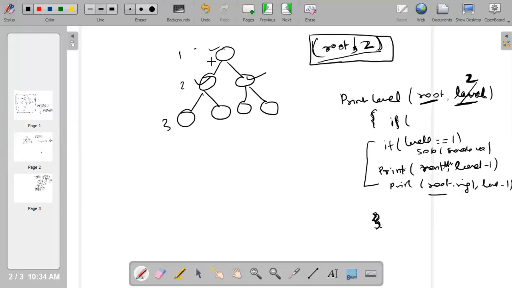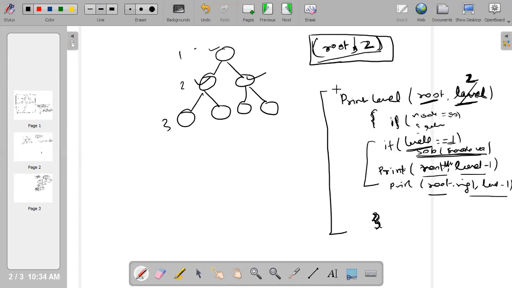So again, I have to just do normal printing, in order and post order. I need to print root dot left and level - 1. I will keep on decreasing, and if node is equal to null, then I'll just return. And if level becomes 1, then that node I am printing. How we can create the recursive tree and other things I have already explained in my previous class, so maybe you need to watch the video if it is your first class. This is how we can think of it. Any problem till now?